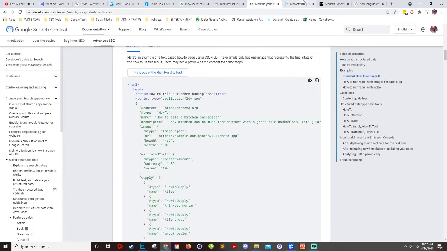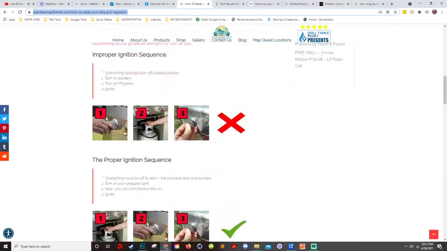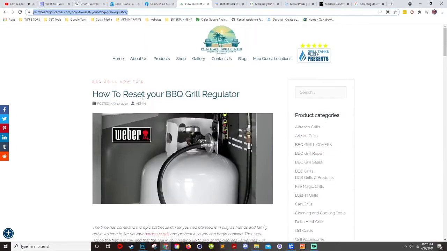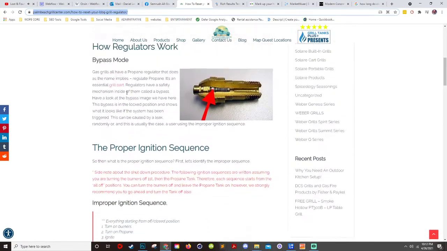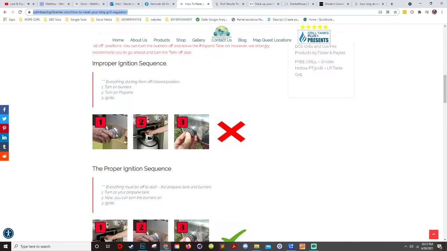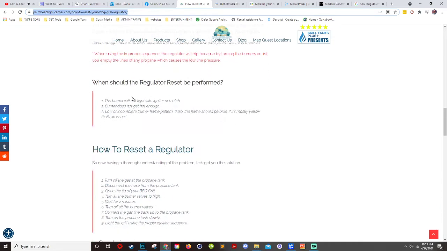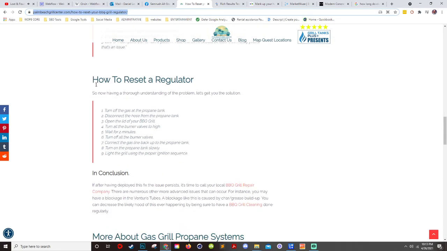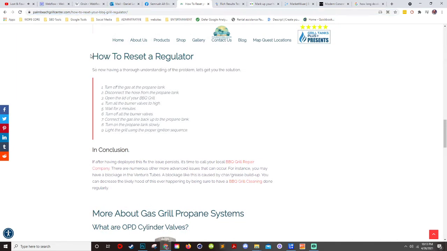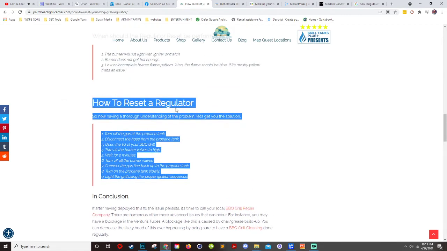Now, the main point here, for this particular one, was how to reset a barbecue grill regulator. All the proper content and context is here. I've got my internal anchors popping everywhere. All alt tags are proper. Here's a step-by-step wrong way, step-by-step right way, a little more of this and that. And this is actually where the schema JSON markup is wrapped. I have it wrapped right on this part here,